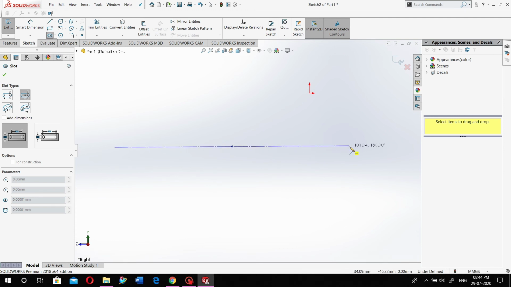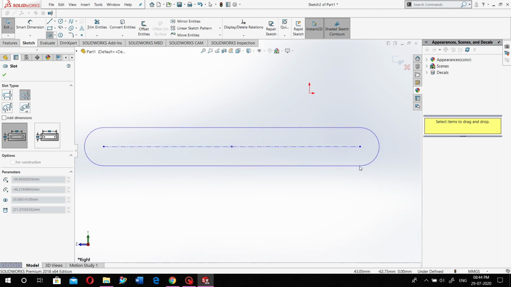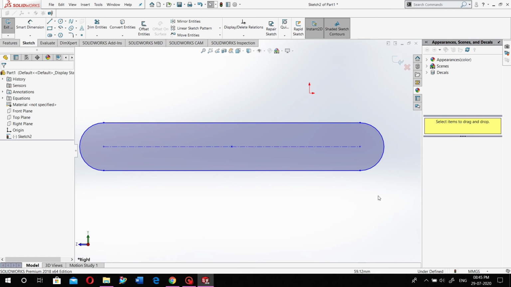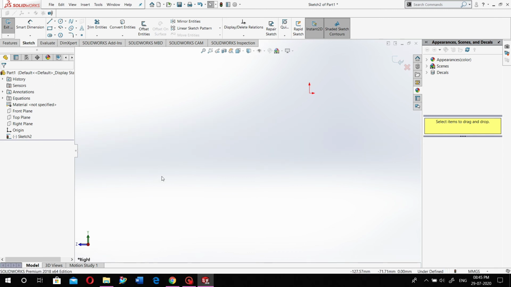If you have selected 100 on the right side, it will automatically cover 100 on the opposite side also. Just drag it and press escape, so your slot is created the same on both sides. So this is the difference between a simple slot and the center point slot.